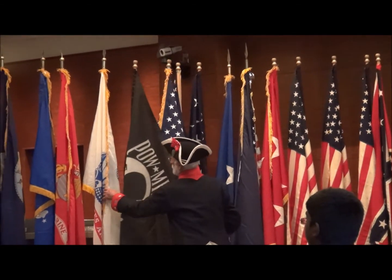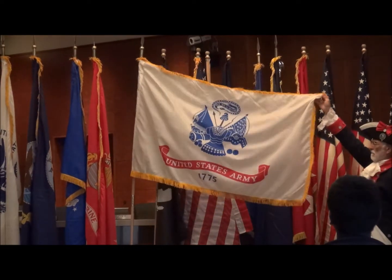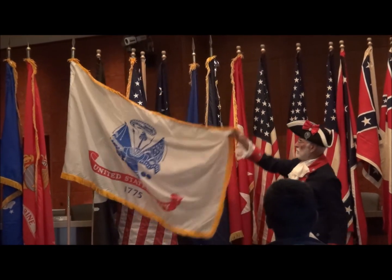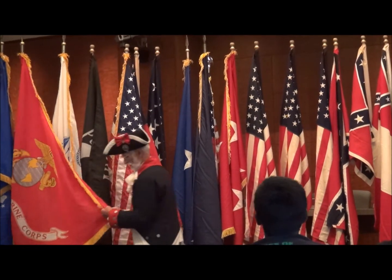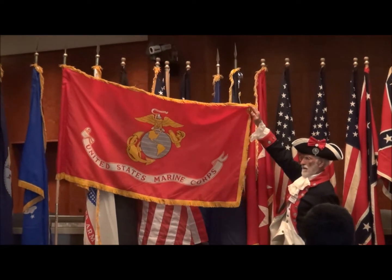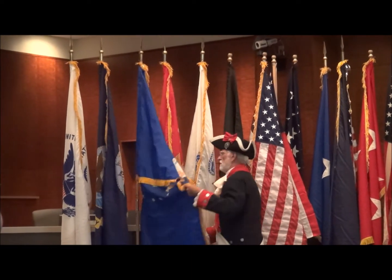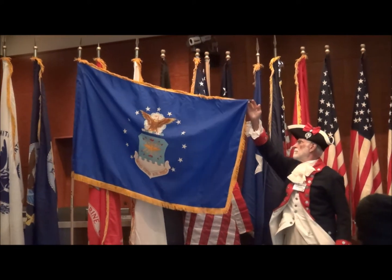The last flags are the 5 services. And they are in the order in which they were formed. The United States Army, United States Marines, skip one, United States Navy,